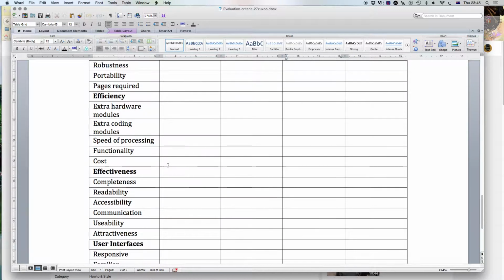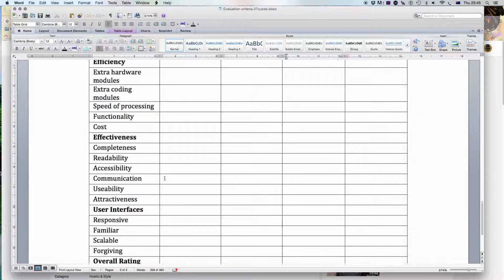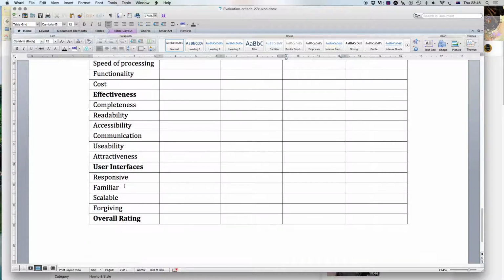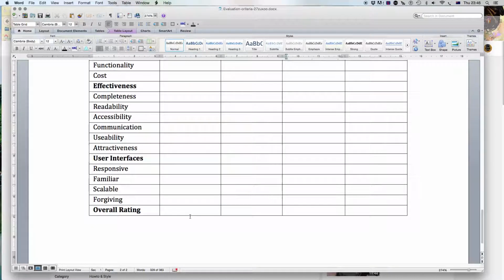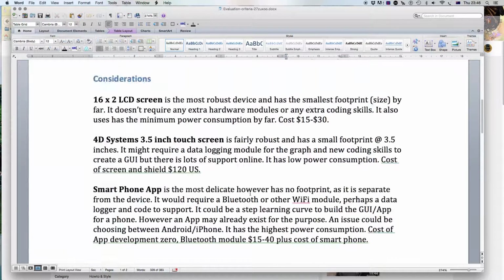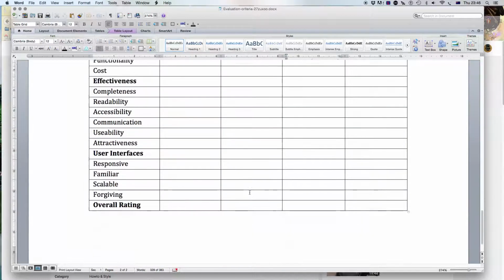And I could also talk about cost, how much it's going to cost to run each app as well, and then I can talk about how effective it is. So what's more usable, what's more readable, what's more complete. All of these terms are also in your textbook. User interfaces, how familiar is one to another. I could give each one an overall rating, and then I'd have a basis to say, well, I want to choose one